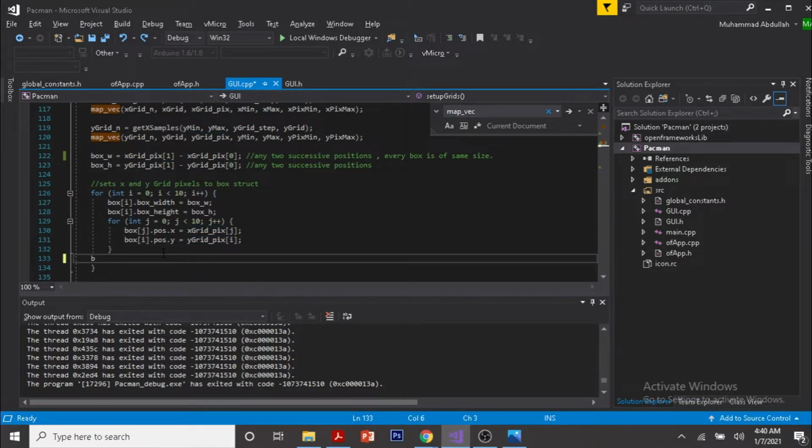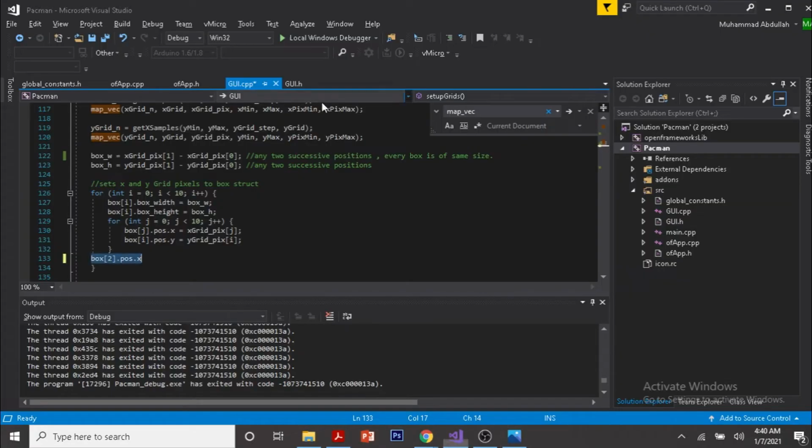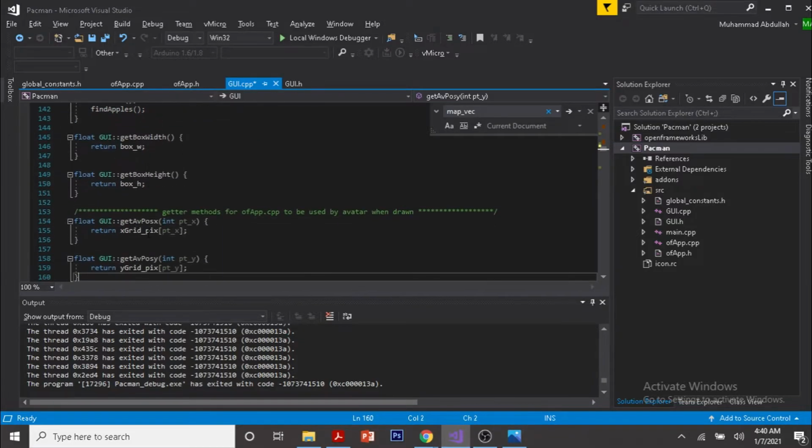For example, if I say here box 2.pos.x, that means second box X position in pixels, right? Second box X position in pixels, that means this box position X in pixels, right? So that is why we are saving it in this array, right? And again we are finding T obstacles, finding obstacles, printing them, finding start point, finding apples, and these functions are